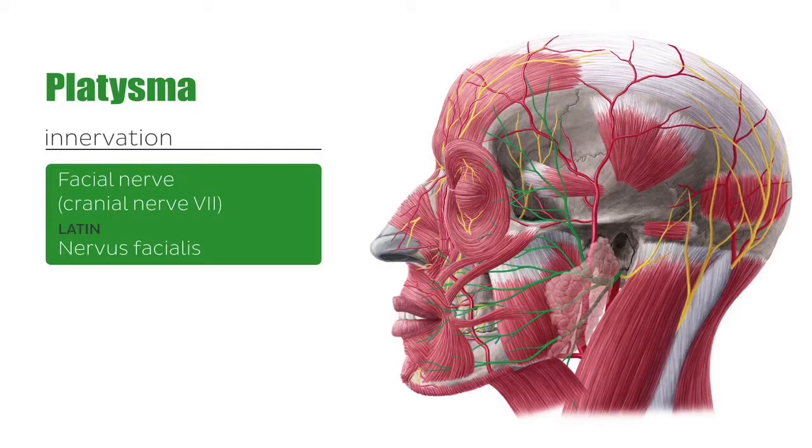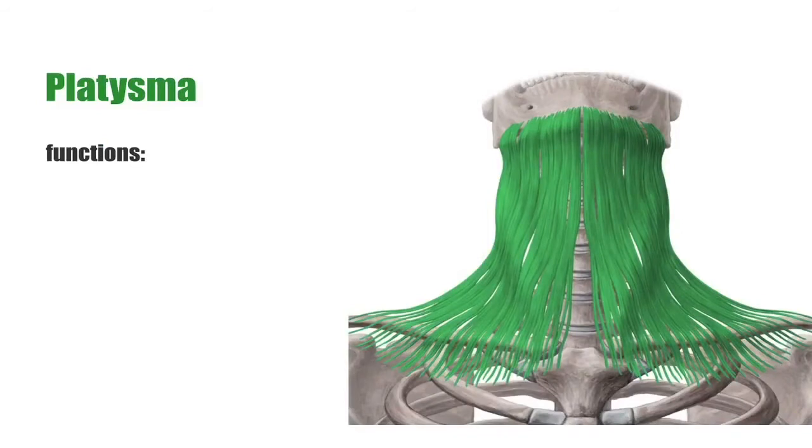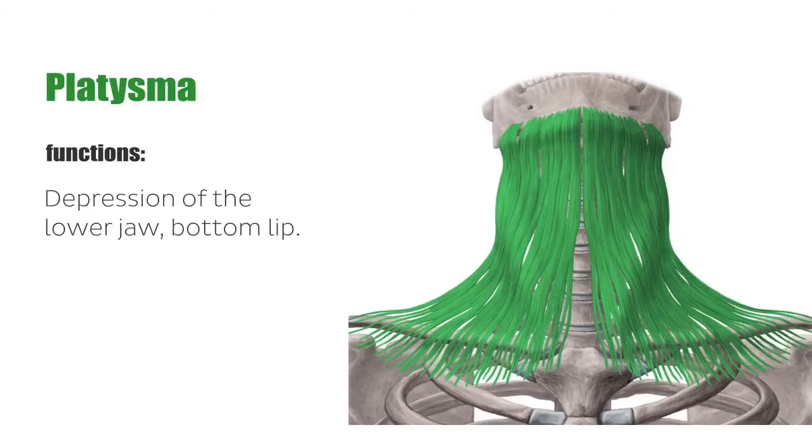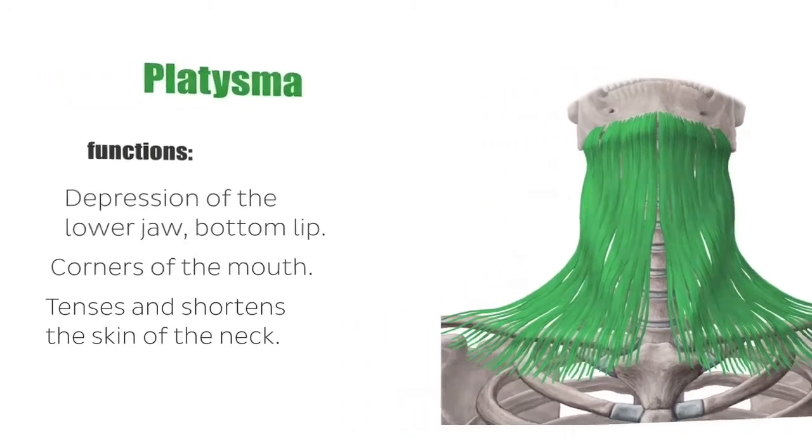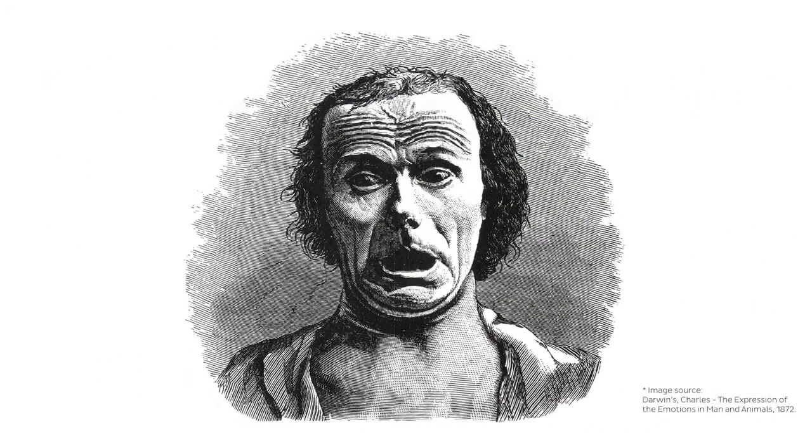In terms of the functions associated to the platysma, contraction of this muscle leads to depression of the lower jaw, bottom lip, and corners of the mouth as well. It also tenses and shortens the skin of the neck and is responsible for mimic expression of shrieking and threatening an enemy, for example. Since we just explored one of the facial muscles, I would like to end this tutorial